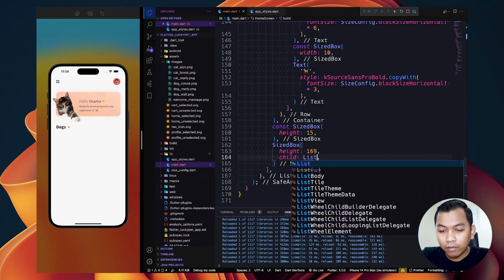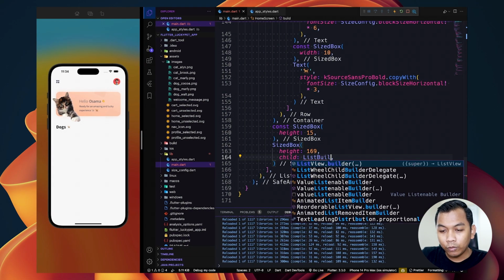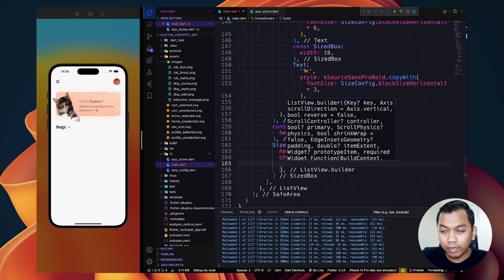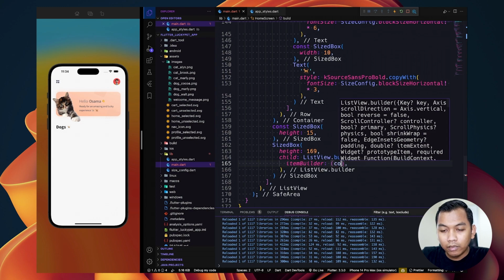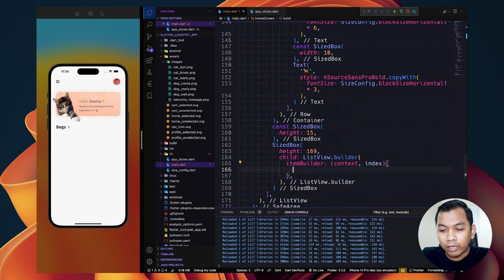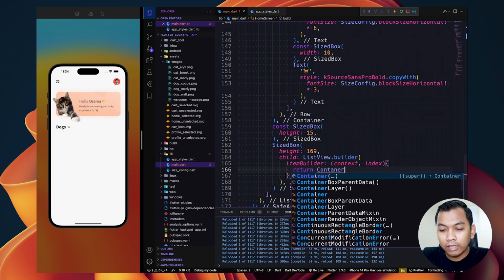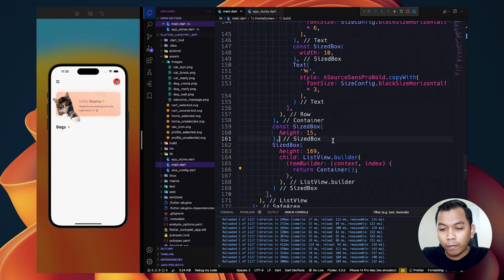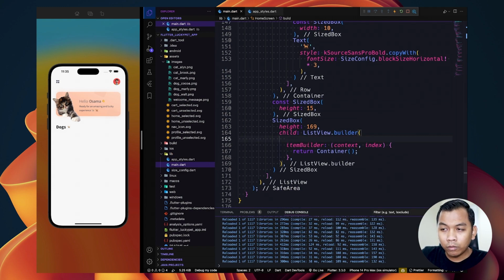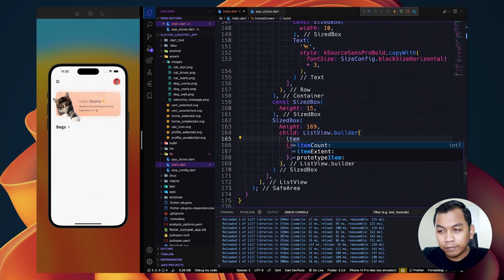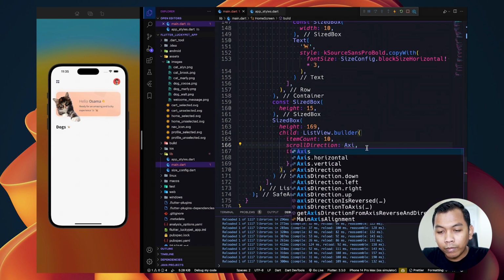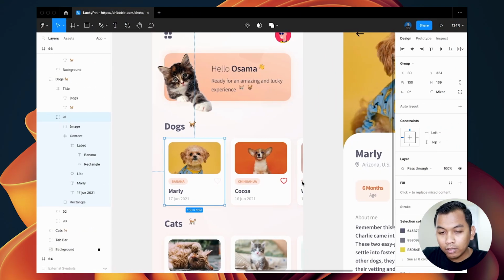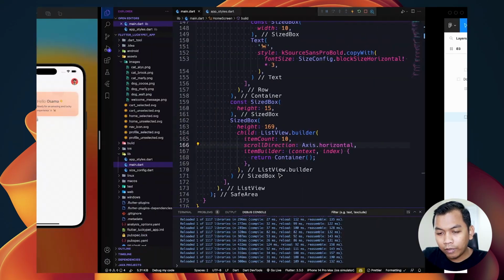For the child, let's use ListView.builder, and ListView.builder must have an item builder using context and index, and we can return something here. So let's return a container, and inside this ListView.builder we can say item count maybe 10, and scroll direction will be Axis.horizontal because the scrolling will be horizontal.